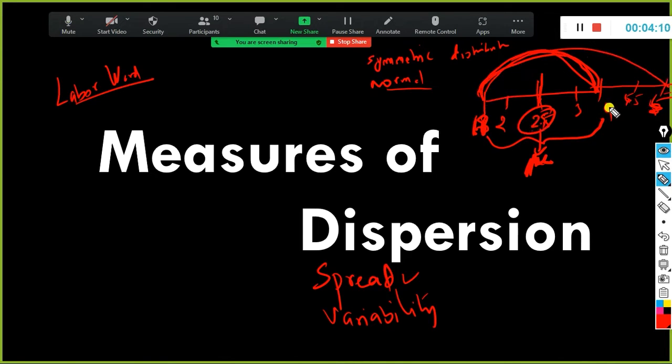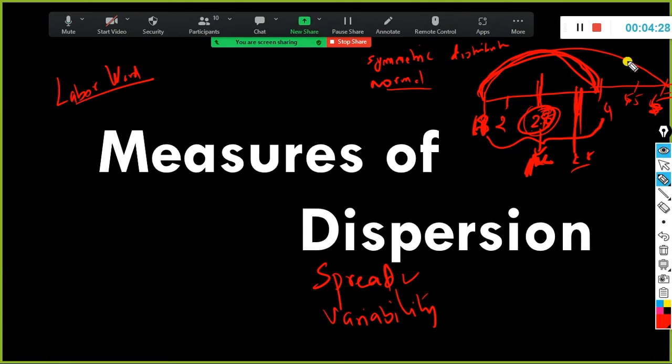We cannot use this mean as a representative in this case. Hypothetically, let's say your mean is 2.8, somewhere here. So this mean cannot be a representative of the data,